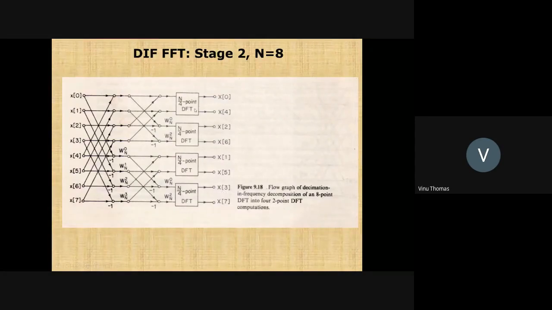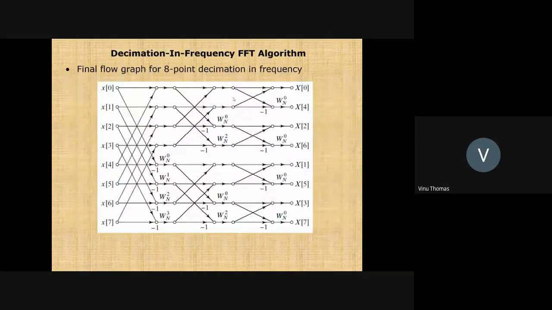Now for this 8-point sequence, you have ended up with n by 4 point DFTs. And you see that this n by 4 is 2. So all these are just 2-point DFTs. So we'll just replace these n by 4 point DFTs by 2-point DFTs. You know that for a 2-point DFT, you only have a summation and a difference. You add and subtract. The first sample you get by adding, that is X of 0 is got by adding these two samples. X of 4 is got by subtracting from this sample this value. So that is easily shown here.